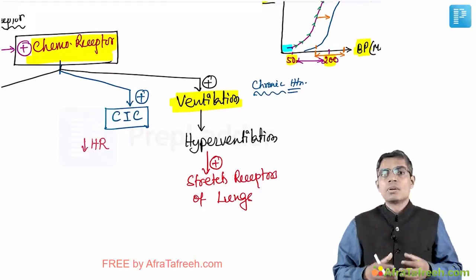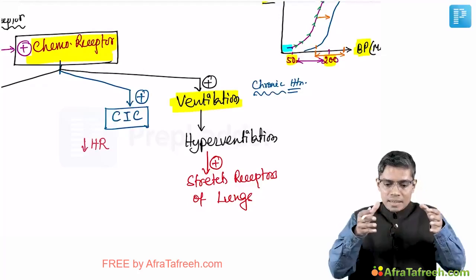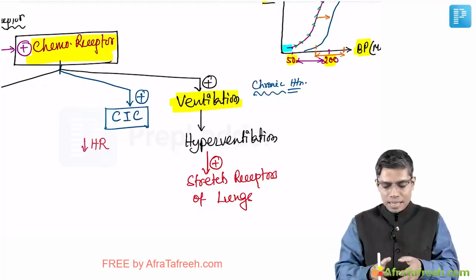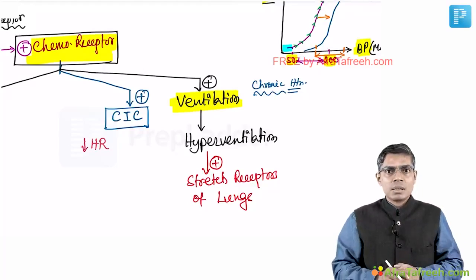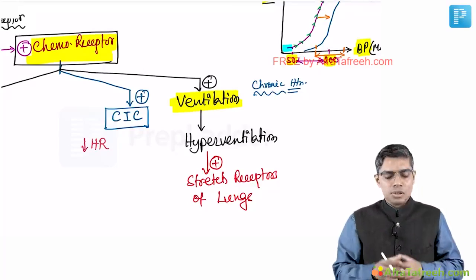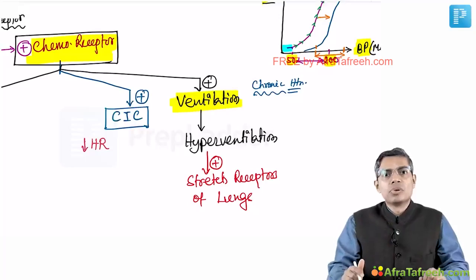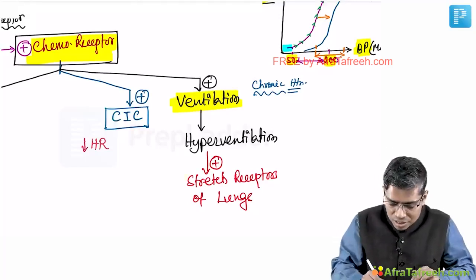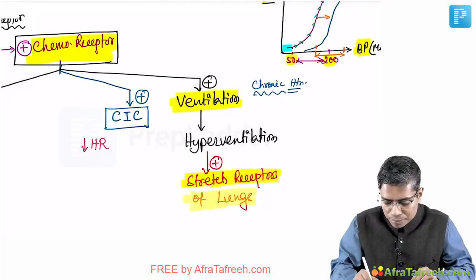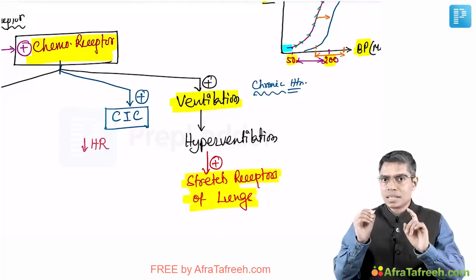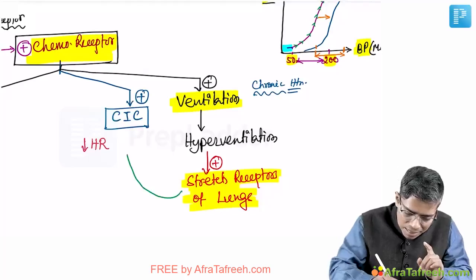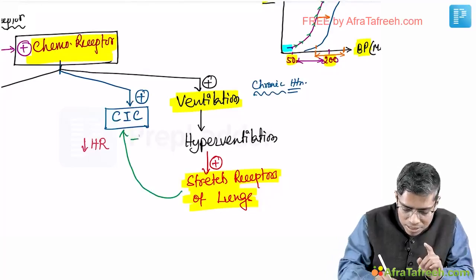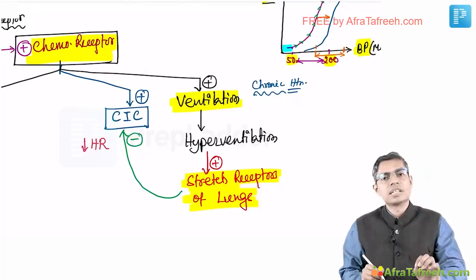Whenever your bronchi are dilating to a high level, like in hyperventilation, your bronchi are dilated more and more. That will activate the stretch receptor of the lung. Remember, when the stretch receptor of the lung is activated, it has an inhibitory effect on the cardiac inhibitory center